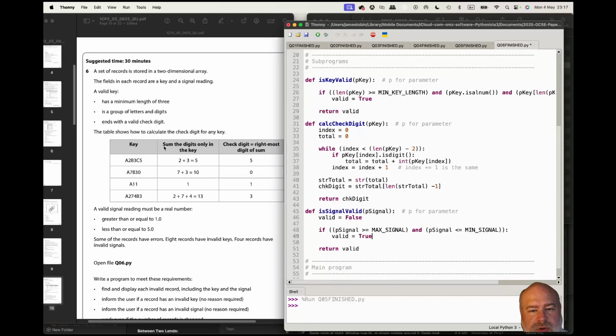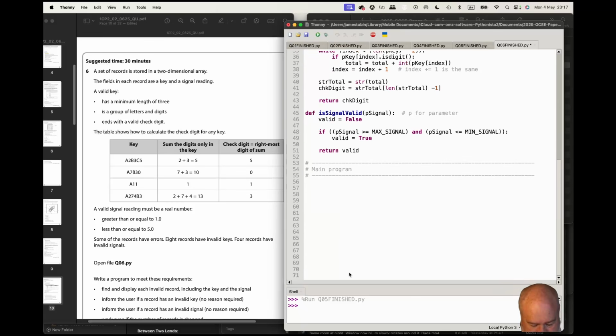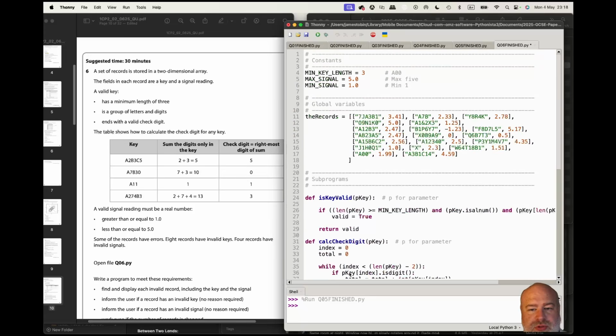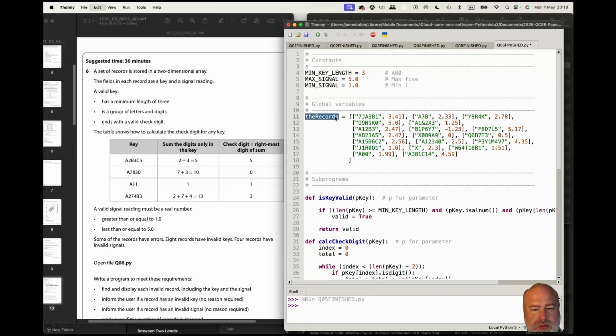So we've got through, I think we've got through our subprograms at least, and now we need to make the main program. I mean, we've spent a long time on this exam already, but let's do it. This is the final furlong. Let's go. So main program. So we want to traverse now with a for each loop, just to go for each record. So for record in the records,